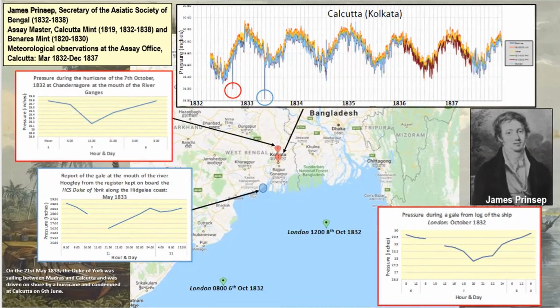And we also have some observations from a log of a ship, the London, and these are the plots in the Bay of Bengal. You'll see the London, just a couple of spots we had some pressure data from, with a break in it, unfortunately. But again, that was showing a dip in the pressure around about the right time. So bringing together a lot of other evidence, instrumental data, as well as documentary data. And the same with the blue one, we found a little bit of evidence from an East India Company ship, the Duke of York, which was in the coastal area there around about the right time for this other event in May 1833. So this is the sort of thing that one can do in bringing together information.